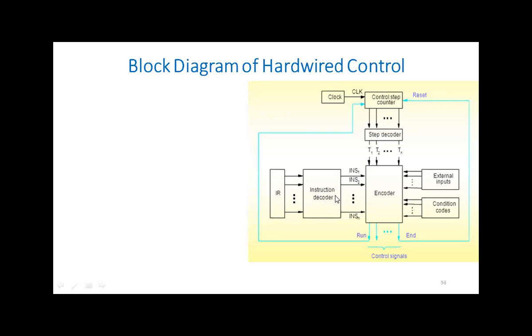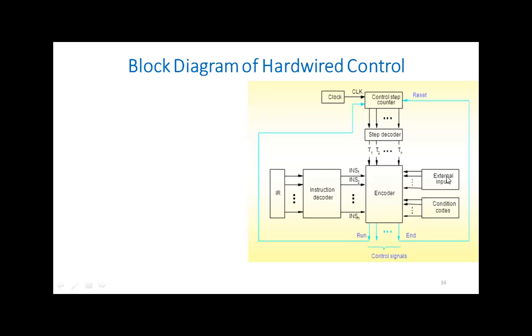Then it is taken by the instruction decoder. The instruction decoder decodes the instruction, and the instruction decoder has several micro instructions connected to it. Whenever the instruction is decoded, any one of these micro instructions or commands will be activated. Suppose the instruction is add, then the micro instruction or command for the add instruction among these will be activated. Whatever instruction is activated here comes to this encoder, and now the encoder knows what to do, whether addition, subtraction, multiplication or division.